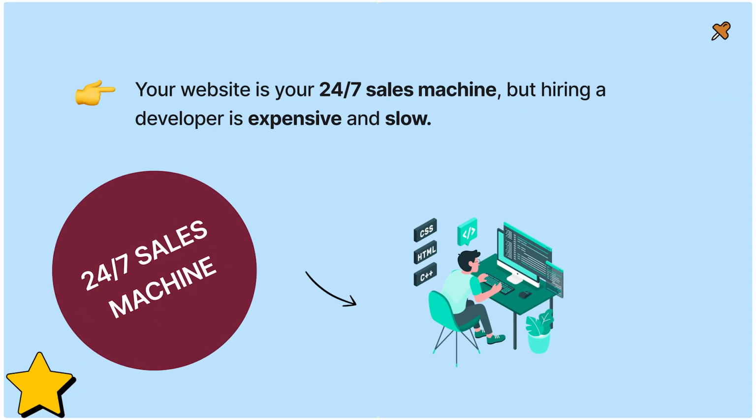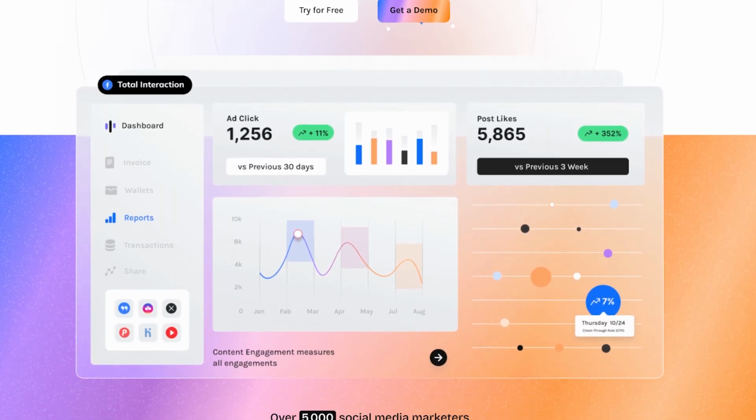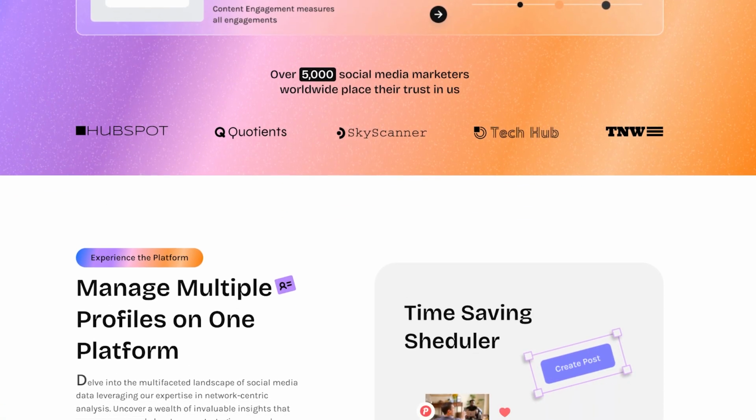Want to create a high converting SaaS website in just a few hours? You are in the right place. Your website is your 24/7 sales machine, but hiring a developer is expensive and slow. Today I will show you how to build a SaaS website using a Webflow template. No coding is required. By the end, you will have a site that's fast, modern and optimized to convert visitors